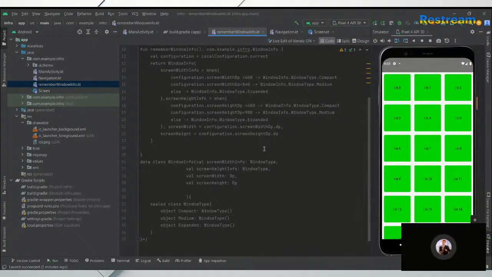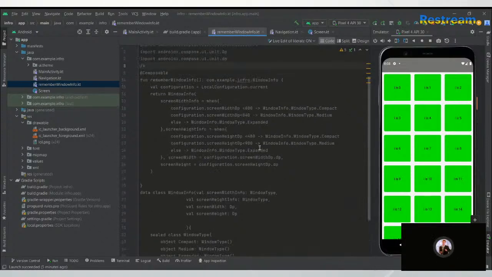It will have a screen width information, height information, and a screen width and height. So the screen width and height will take the measurements in dp, and inside of the class we'll have another class to basically label three categories: compact, medium, and expanded. And inside the function,